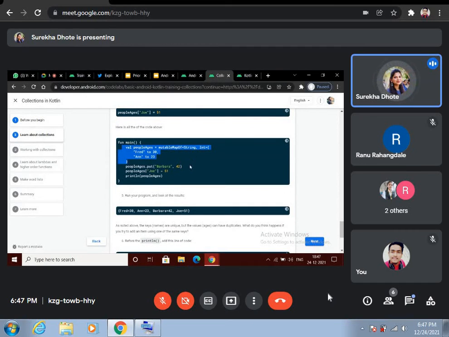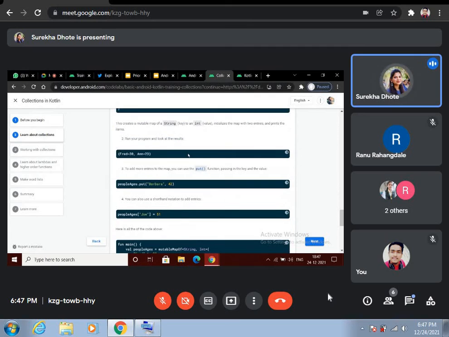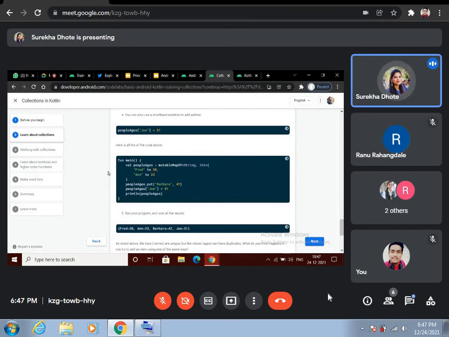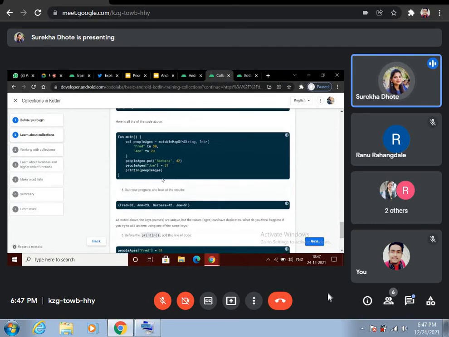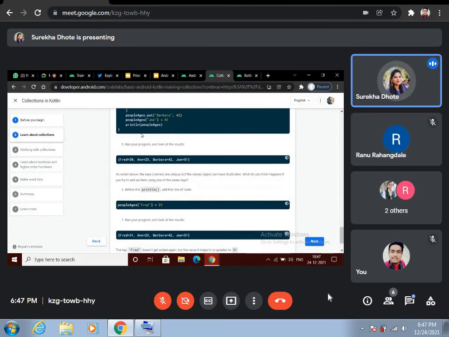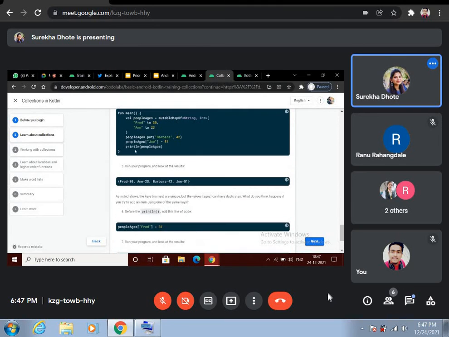This is the combined code of the above lines explained. Finally, in people ages, we have four entries, which are Fred, Anne, Barbara, and Joy. When we run this code, we will be able to see all four entries.